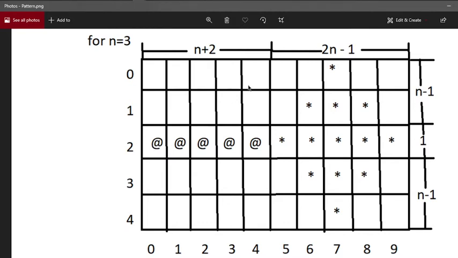After printing these white spaces we have to print a certain number of white spaces again. For i equal to 0 we have to print 2 white spaces, and for i equal to 1 we have to print 1 white space. So we can conclude that we have to print n minus i minus 1 white spaces. Like if n is 3 and i is 0, then we print 2 white spaces, and if n is 3 and i is 1, then we print 1 white space.